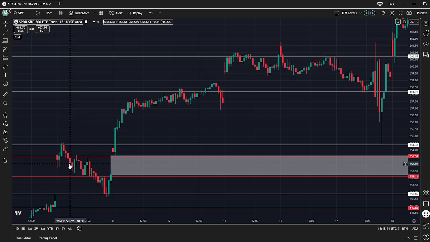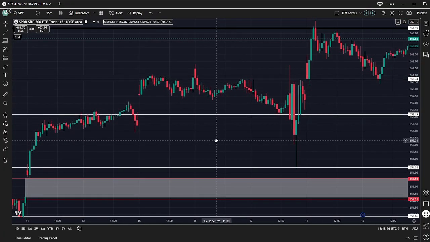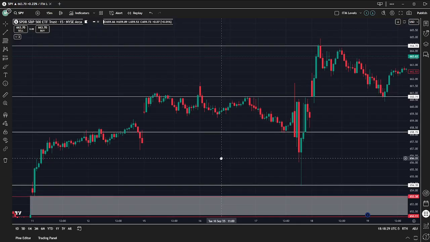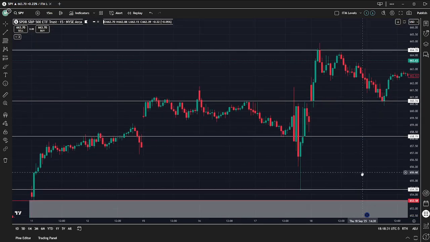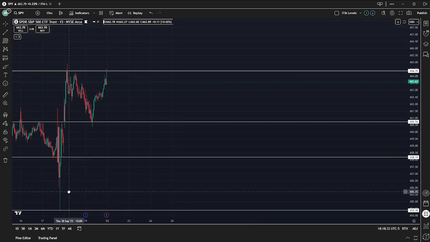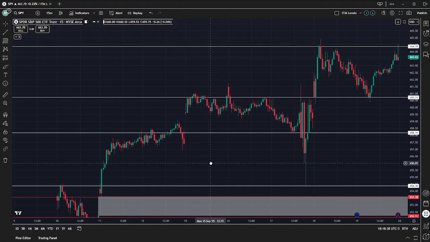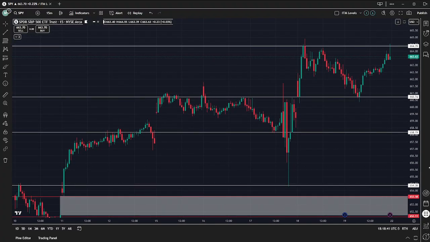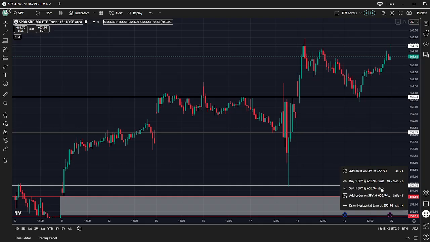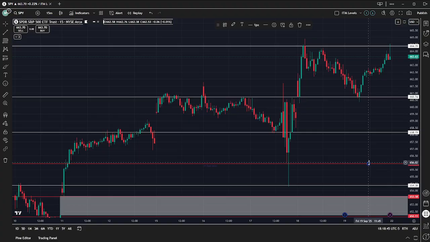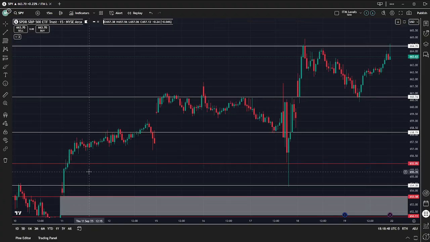I moved it down from 654.38 to 653.58. Right here, it just gets a little bit more tricky because this is all the price action we've really had to base these levels off of. But from what I can see, above 654.38, our demand is till 655.95, and our supply below 658.19 is,